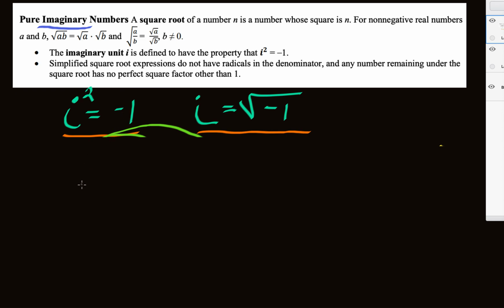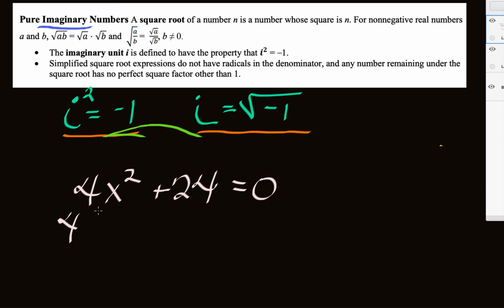Let's try, just for fun, 4x squared, okay, this will be kind of cool, plus 24 equals 0. And of course, we want to factor out whatever we can. So we take out the 4, we divide by 4, and we still have x squared plus 6, right? Because when you divide 24 by 4, you get 6, and that equals 0. And we haven't solved for